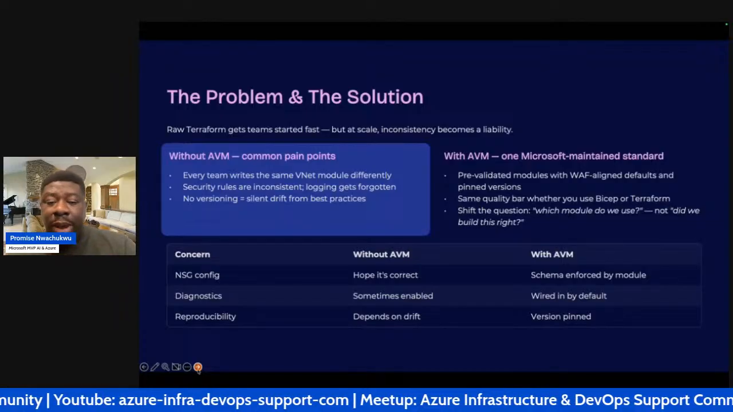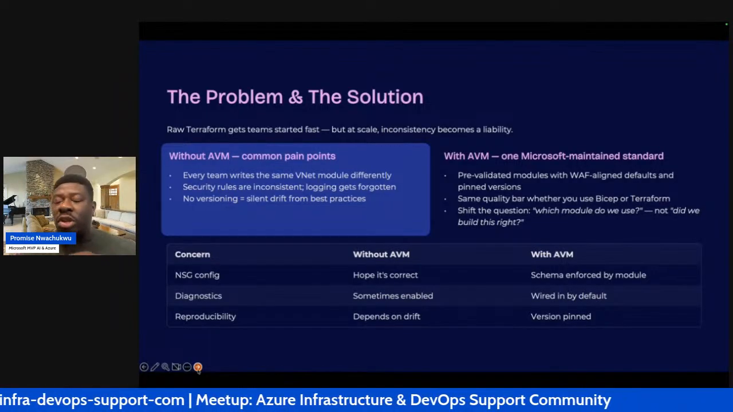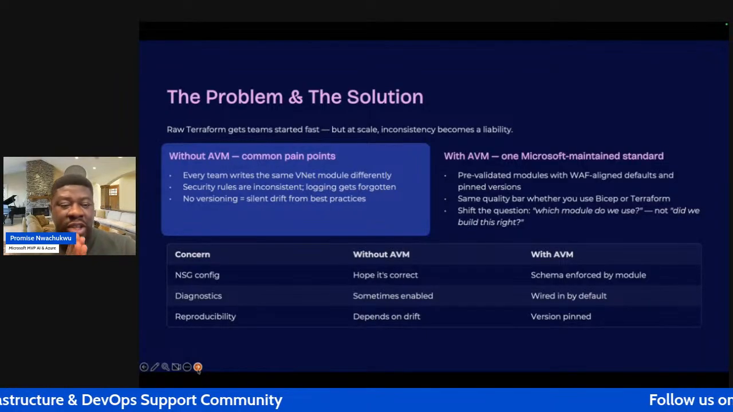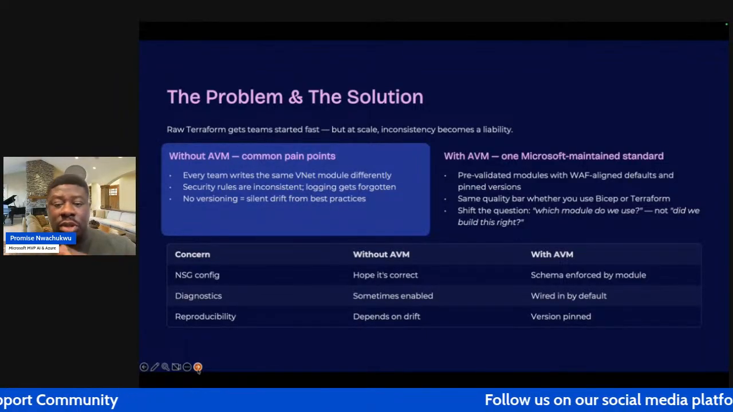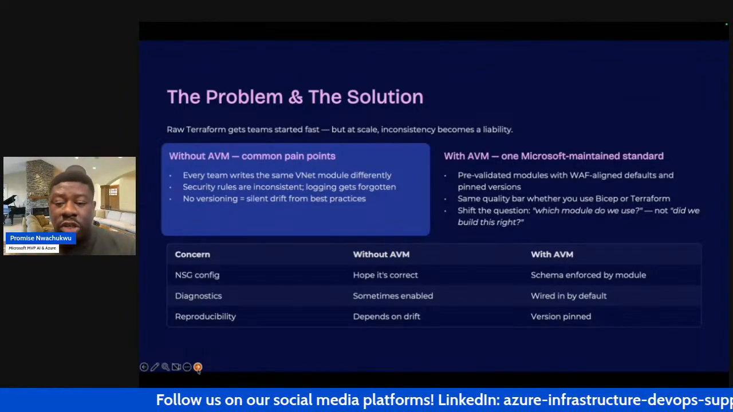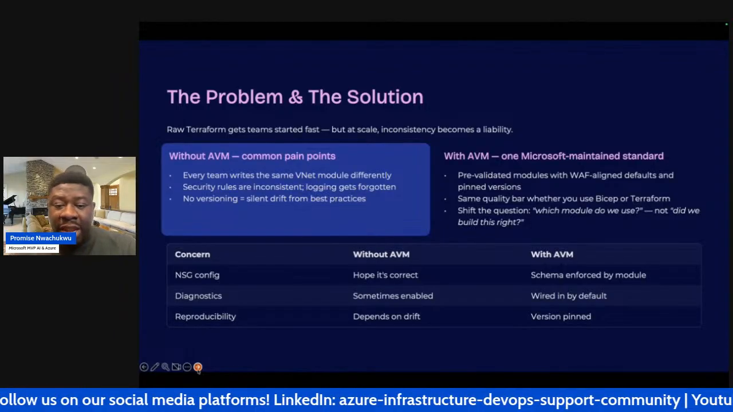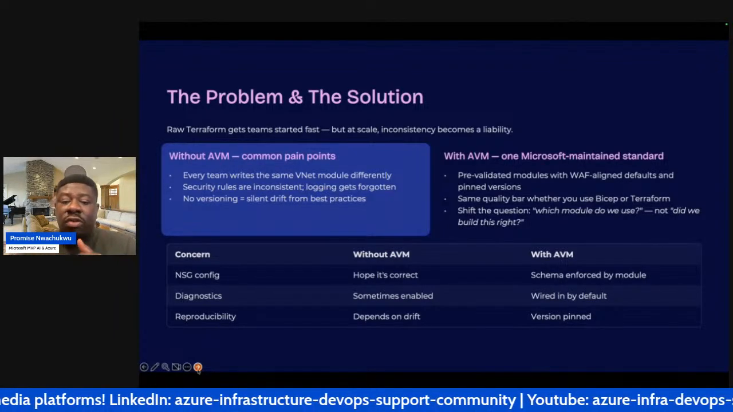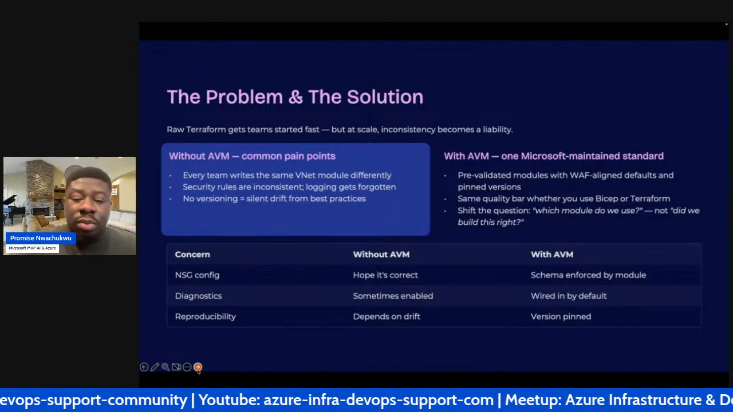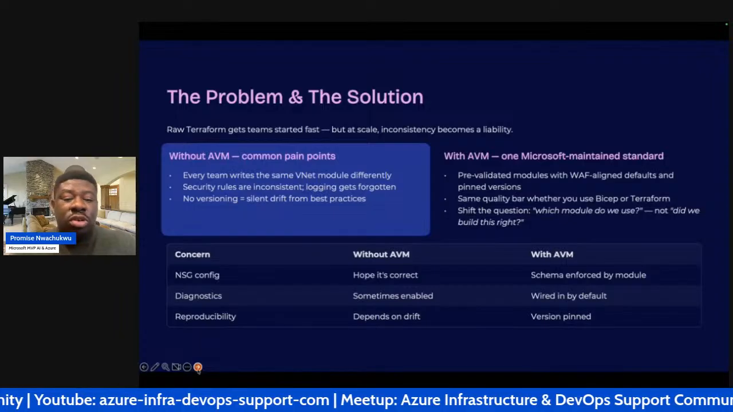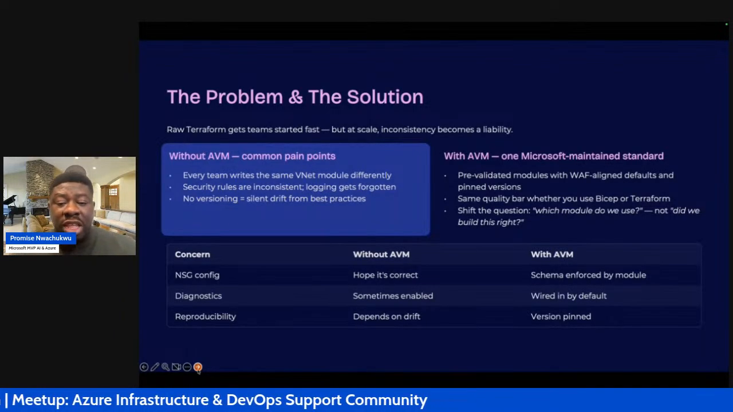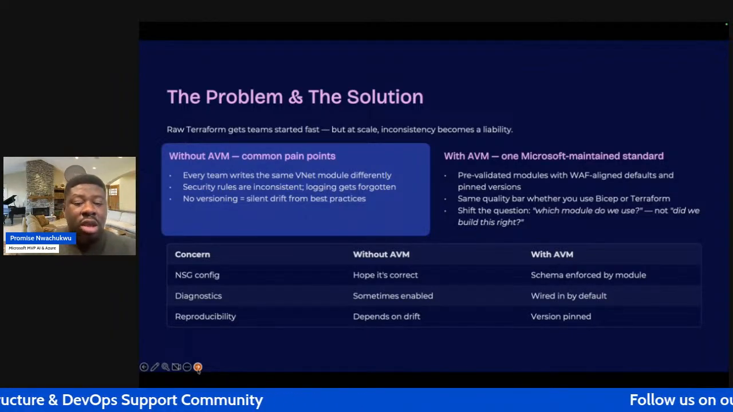Now, same quality bar whenever you use either Bicep or Terraform. And of course, there's a shift in the question: which module do you use? Right now, because you're making use of Azure Verified Modules, you don't need to be dealing with that question. So some of the things that will come with our deployment would be, in terms of